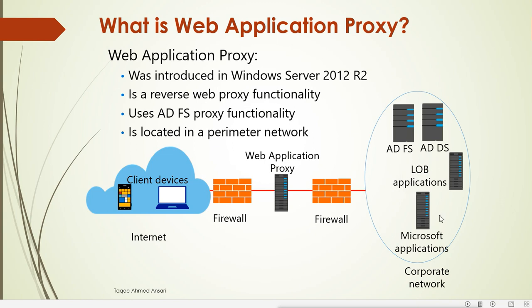Now for example, we have some external clients. Let's say we have some vendors, some other clients which need to access some of the resources of our forest. If they want to access the resources of our forest or our domain, then they have to be a member of our domain. But we don't want them to be a member of the domain. If they are members of the domain, then direct access will work. We can configure DirectAccess and they can use the connection through DirectAccess. But we don't want them to be a member of the domain.